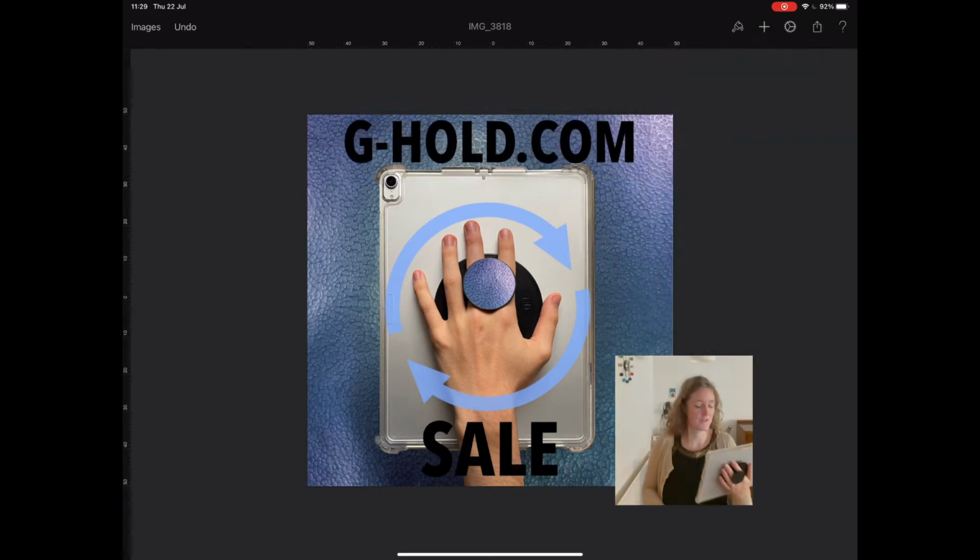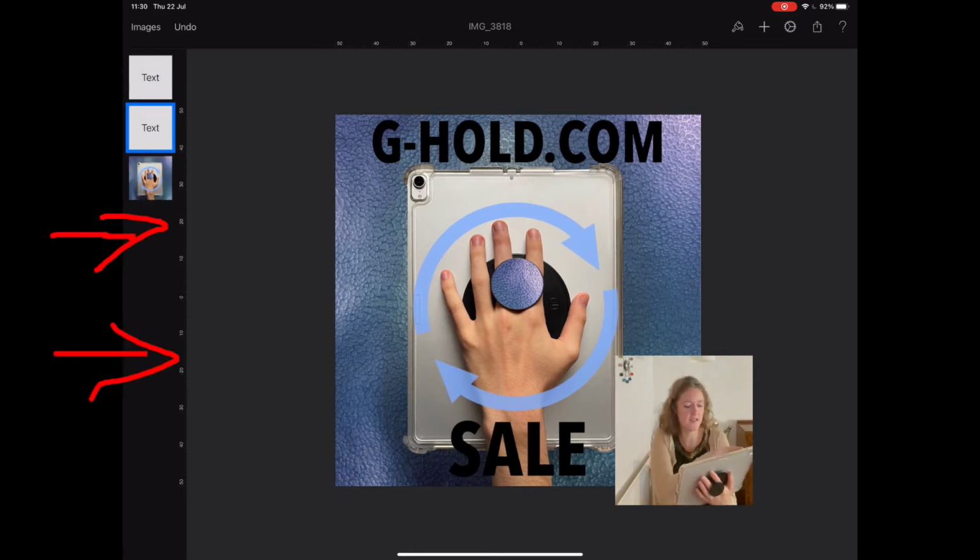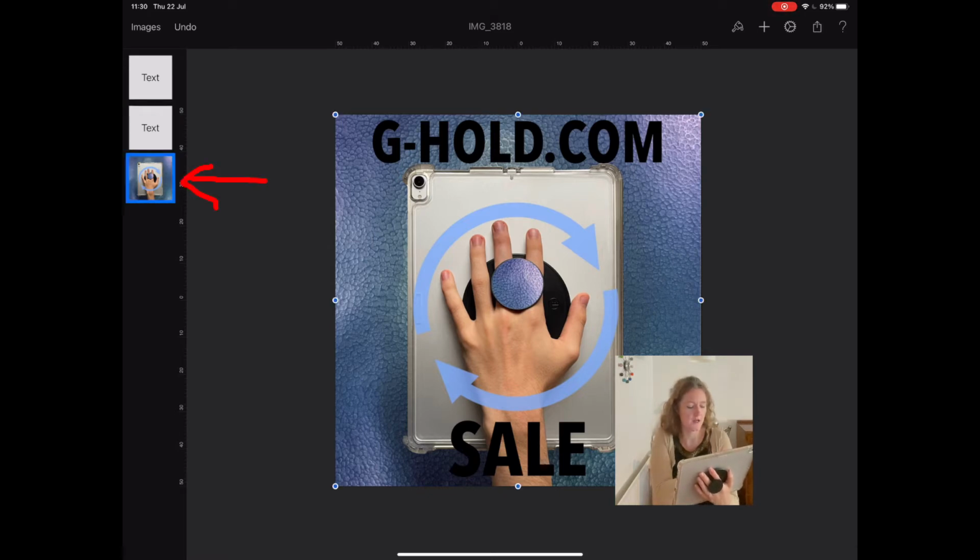Okay, so now what we're going to do is we're going to basically remove the shape of that text from the layer behind. So the layer behind is the picture itself, and we can see the layers here. So there's three layers. One is the picture, and one is the text at the top, and then the other is the text at the bottom. So we're going to select that layer, which is the actual image itself. And what we're going to do is zoom in,